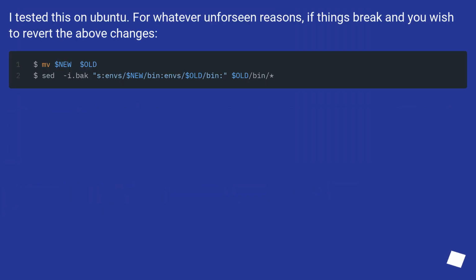I tested this on Ubuntu. For whatever unforeseen reasons, if things break and you wish to revert the above changes, if you want to see what else you